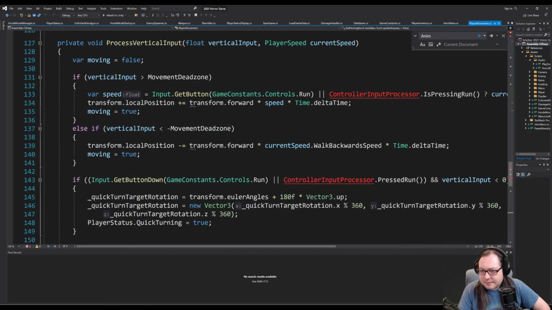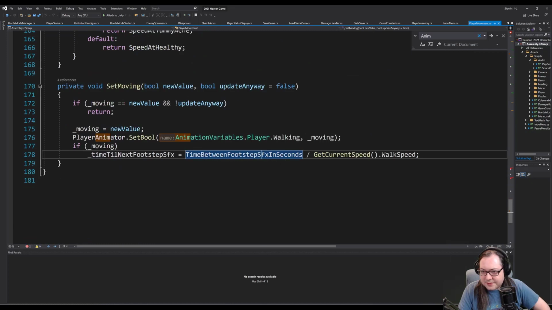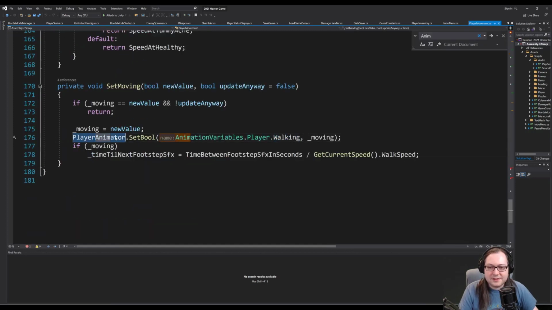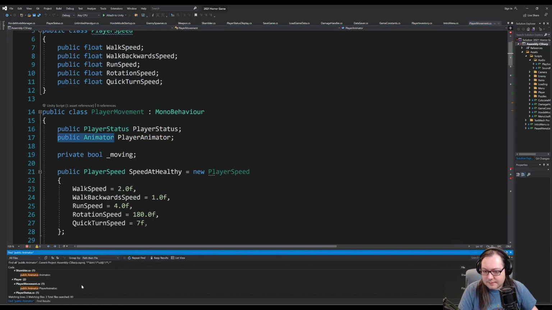So, I don't know why this code doesn't work, but whatever. Is this my code? This is my code, okay. Because yeah, I'll use the strings. I also don't know if this is the proper way to do animation anymore. I want to see, somewhere in here, I've got to...